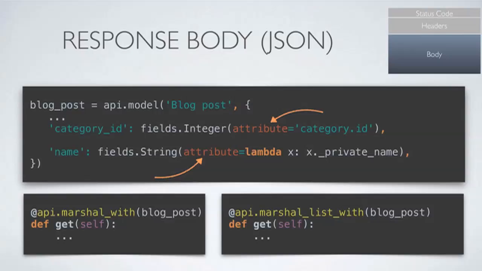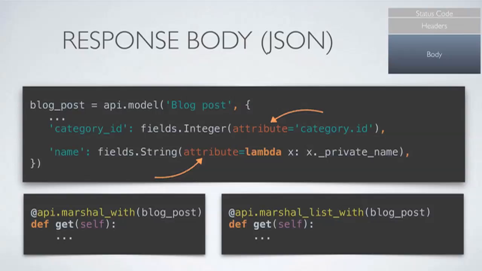Now I want to talk about the response body, which is analogous to the request body, but we're now going to use API models in a reverse way. Before we were using them to validate whether the incoming JSON is valid and matches the schema we're expecting. And this time around, we're actually going to use the same model to serialize the object that we're returning from our function as JSON.